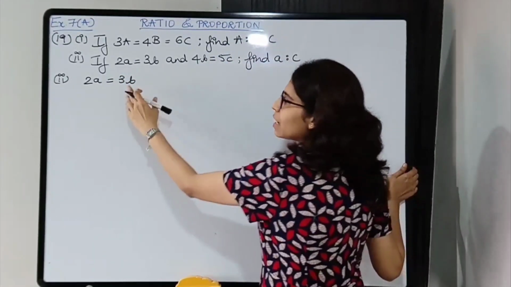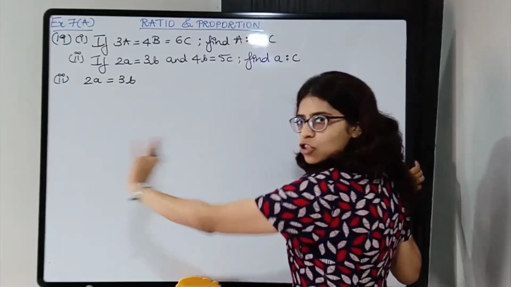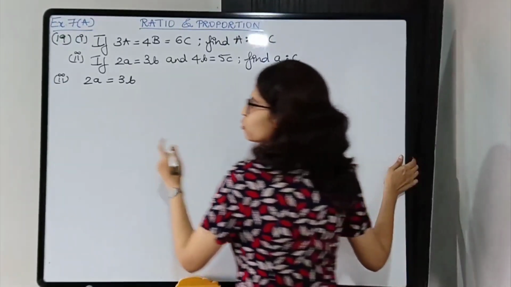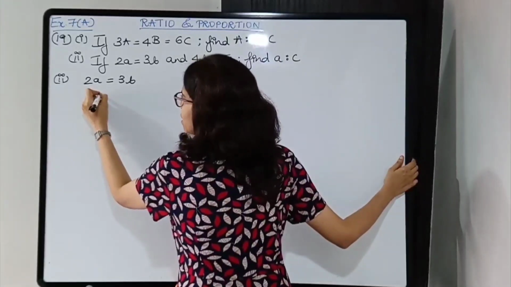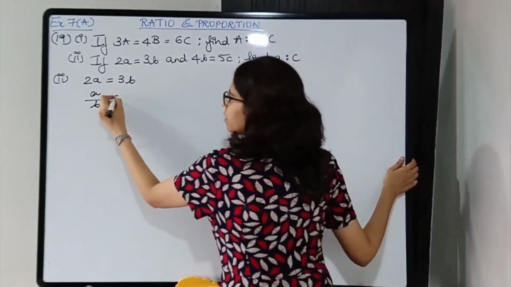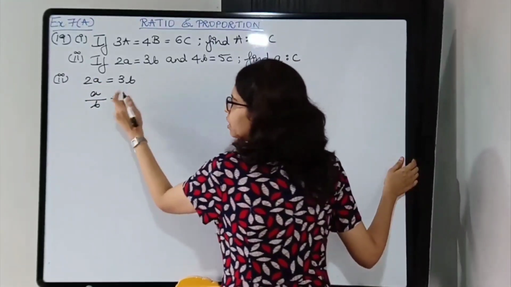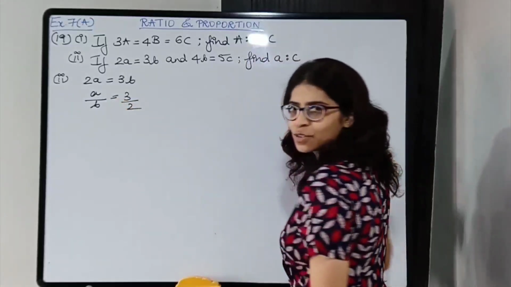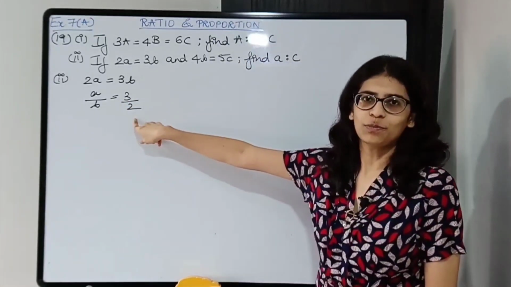What we will do is B and A को एक जगह पे शिफ्ट करते हैं, नंबर्स को दूसरे साइड पे शिफ्ट करते हैं. ओके, सो A will keep as it is, shifting B it will go in denominator and numbers on the other side, so 3 will remain as it is and 2 when you shift it will go in denominator. So now you see you are given a ratio.